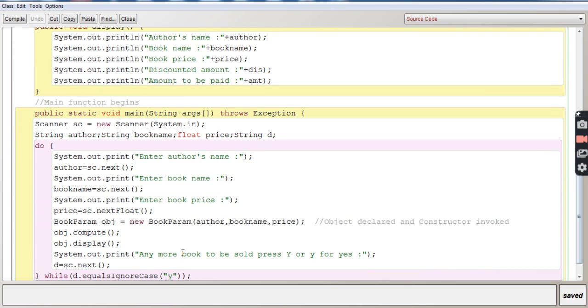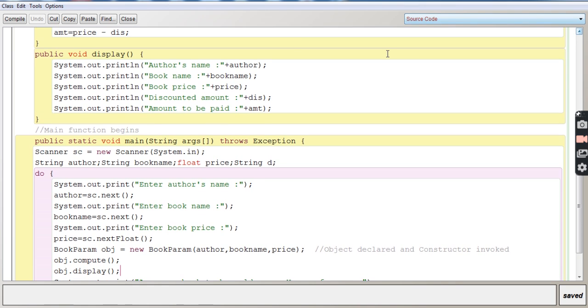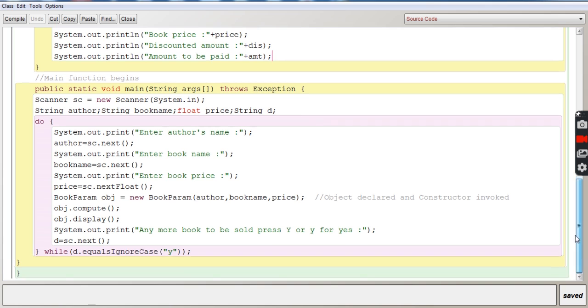Again, the program will go back to the main function, and it will find one more function, that is obj.display. So it will try to search where the function display is. It finds it over here, and it will display the details like author's name, book name, price, discounted amount, and the amount to be paid after discount. So once it has displayed,